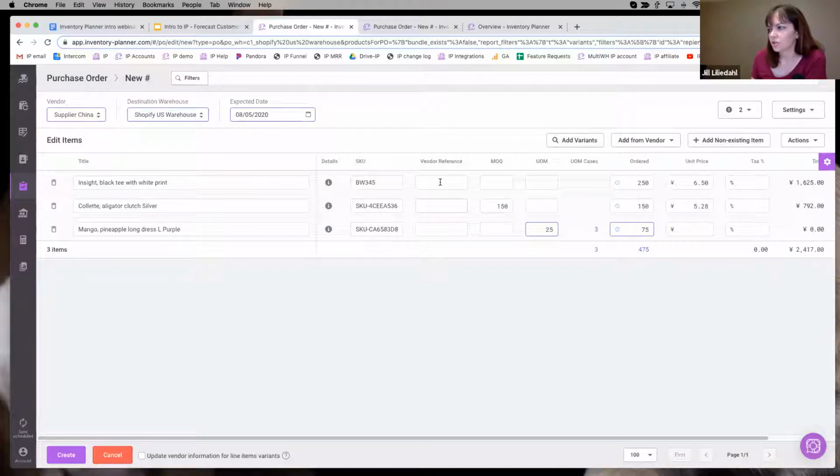Our other fields such as vendor reference, again, this helps with making sure that you're getting the right items. Our friends, the suppliers, don't always send us the right items, right? So we want to make sure that we're communicating as clearly as possible what those items are, exactly what we want. And if they have a different reference, if they have a different SKU, you can enter that here on